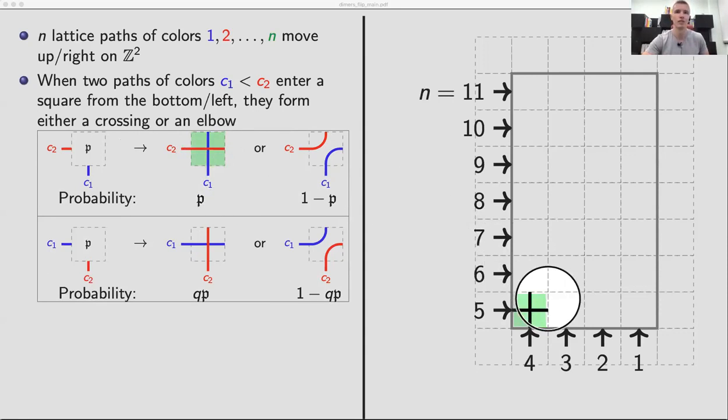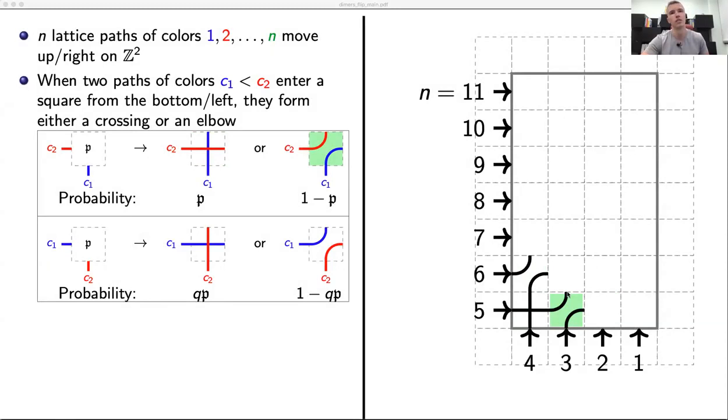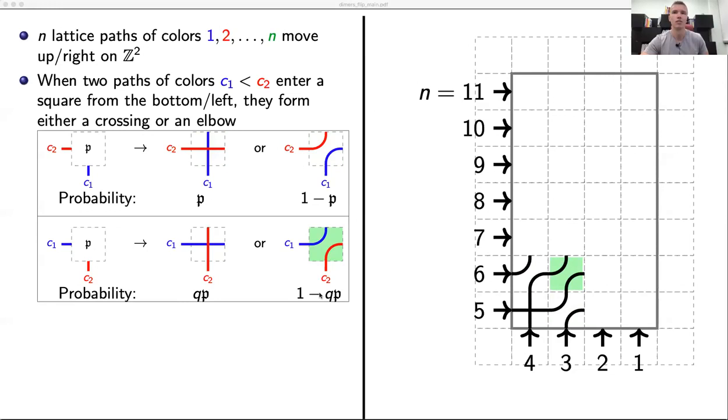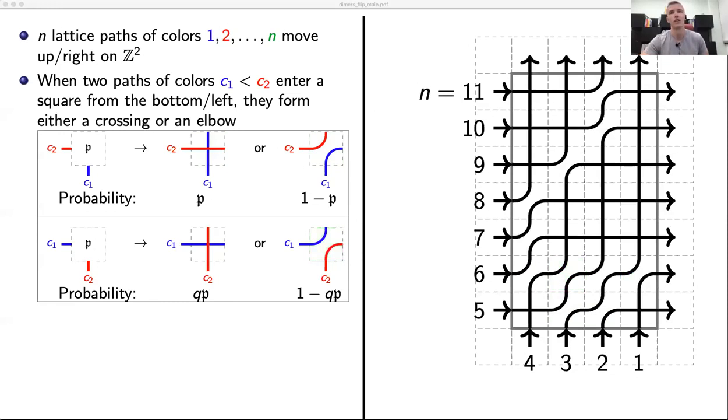And now I have 2 more squares available. For example, for the square on top, I have 4 and 6 as my incoming colors. So if I choose that it's an elbow, then that happens with probability 1 minus P. And similarly, I can choose that the other square is also an elbow. And now I have something interesting, because in this square, the bottom color is 5 and the left color is 4. 4 is less than 5, and therefore I'm in the second row of my table. So if I want these paths to form an elbow again, that's going to happen with probability 1 minus QP. And so you keep going until you fill all these squares,